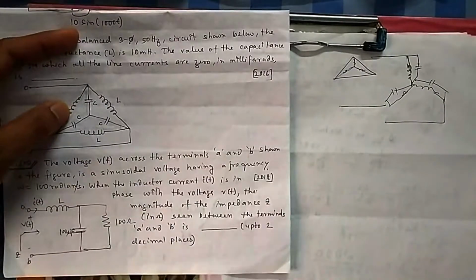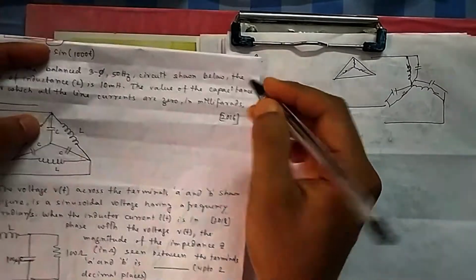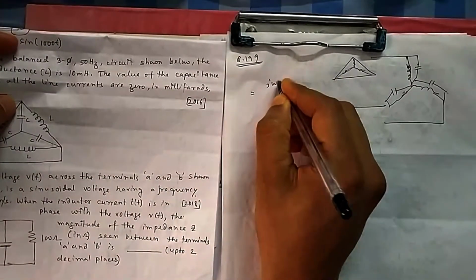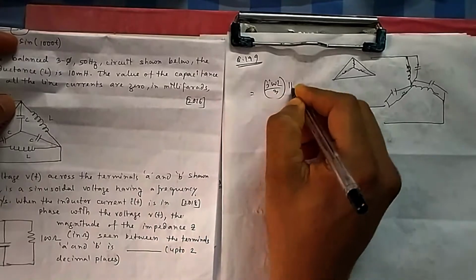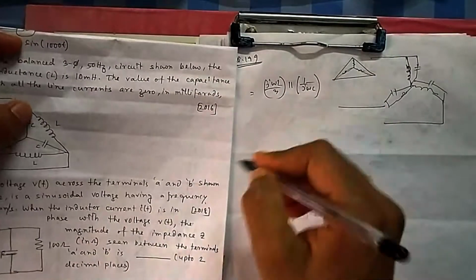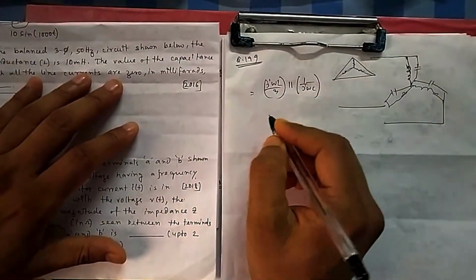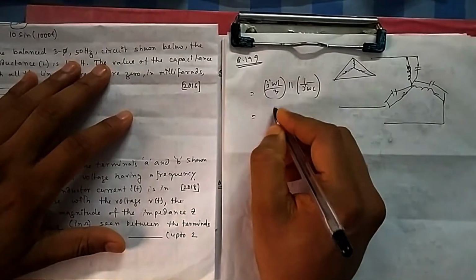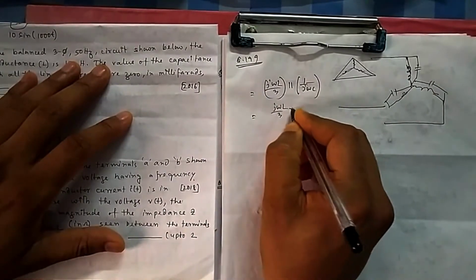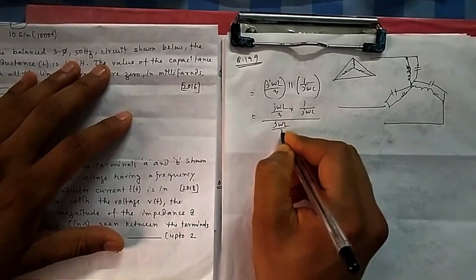So the like way, the earlier one, what we have done in parallel combinations, we can put that same way. So what was this one? This is j omega L by 3, that is in parallel with, you can use C also, 1 by j omega C. Somewhere I am using C, somewhere I am using j omega L, to show you that in both ways, whichever way you used to, you can do it. So if you do the parallel combination, what will be this one? This into 1 by j omega C divided by j omega L by 3.